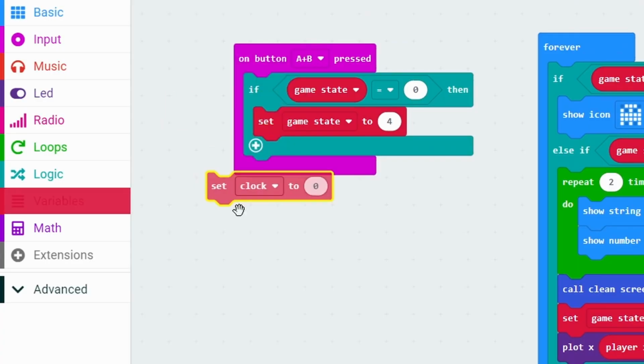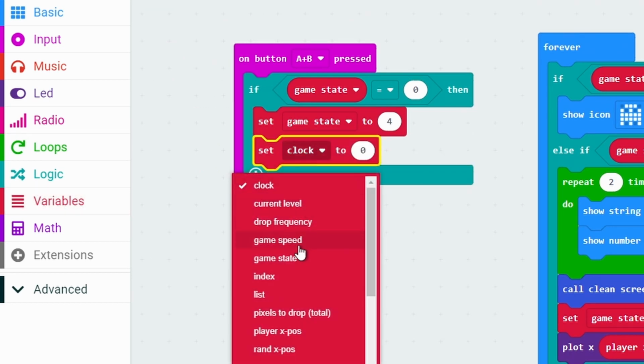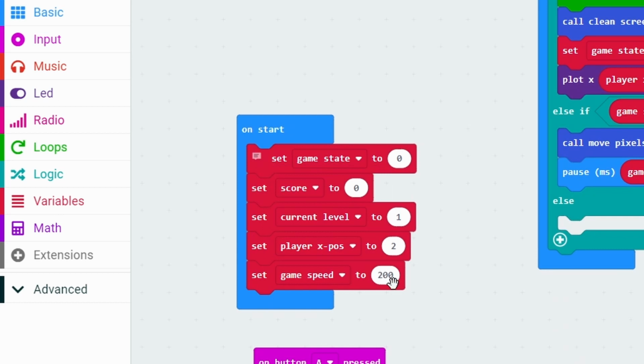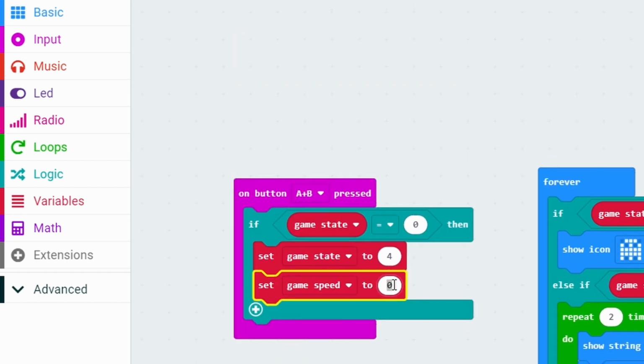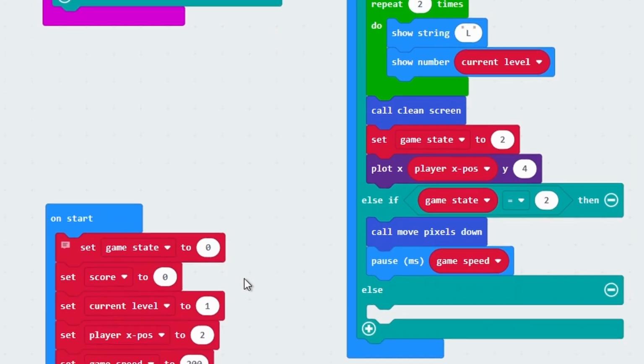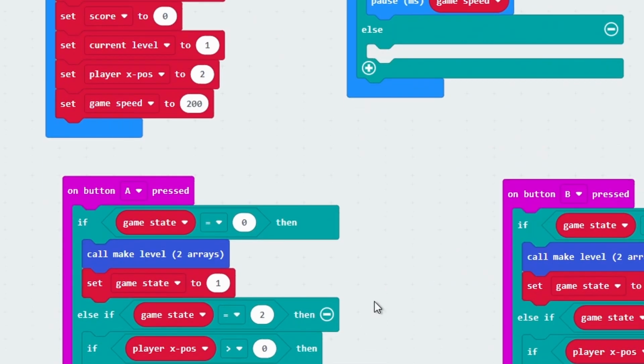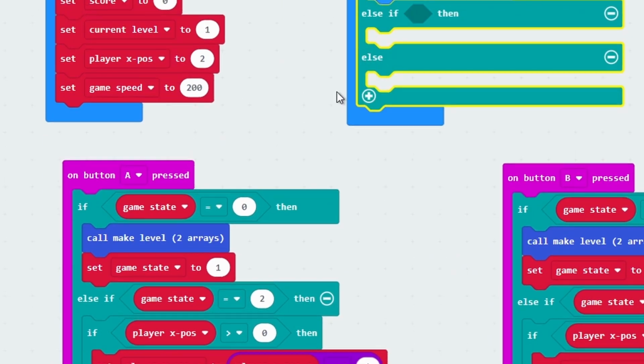The idea here is that you need to be super fast, and so you probably can't be that fast and get to the end of the level, but anyway, it should be a little bit of fun trying it. So set game speed. Now at the moment, the default speed is 200, so let's set it to something crazy like 75. Also, just to signify that we're playing a different version of the game, we're going to go into the main forever loop, and we're going to have another